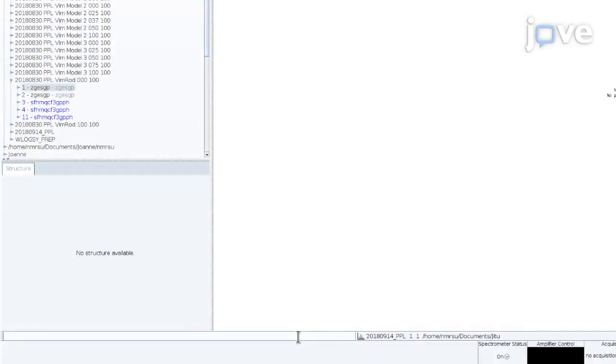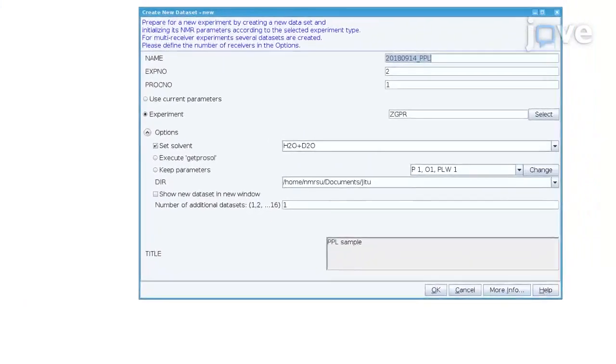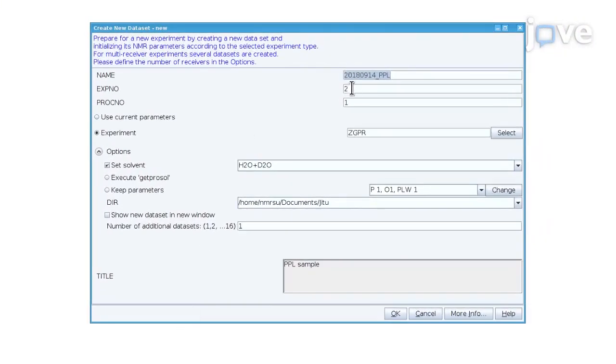Create a new dataset using the EDC command and load standard proton NMR parameters by selecting the experiment ZGPR. Fill in the name, experiment number, and processed data folder number fields. Select the solvent in the Set Solvent field and click on Execute Get Pro Sol to read standard probe head